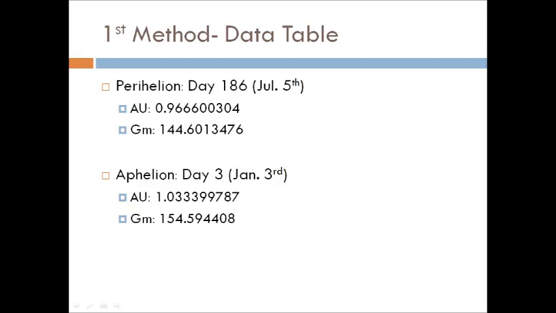So the smallest value will be the perihelion. The smallest value you can find on day 186, which translates to July 5th. The astronomical units are 0.966600304. When you convert it to gigameters, which is the more common metric unit that is used for distance between celestial bodies, you get